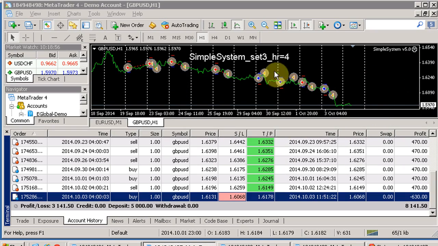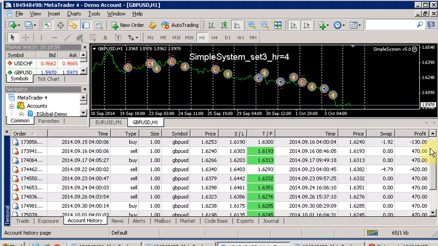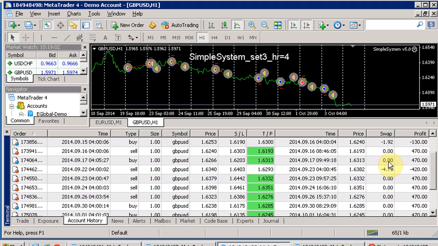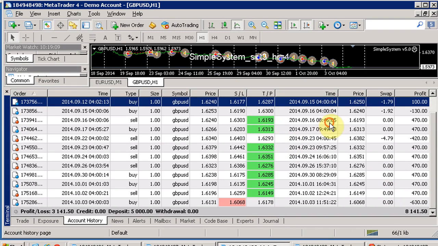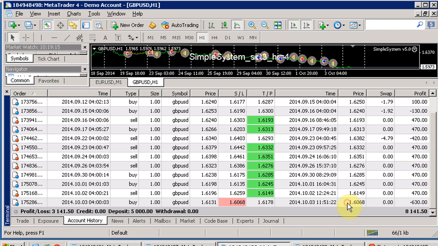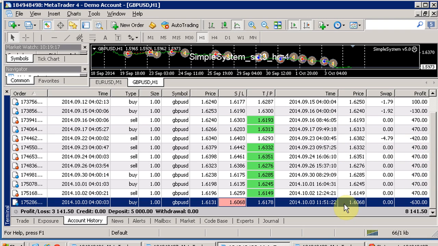Set number 3, where hour was 4. As you can see here, we've got quite a lot of profitable trades, and it just makes you smile when you look at all of these trades on the account, and you can see these green take profits, and on the right, more importantly, how much the profits were. As you can see, there's a loss trade at the end, which